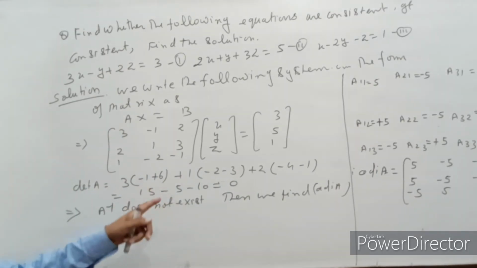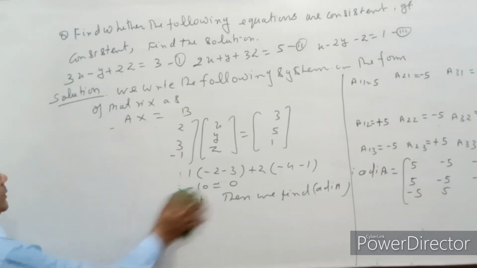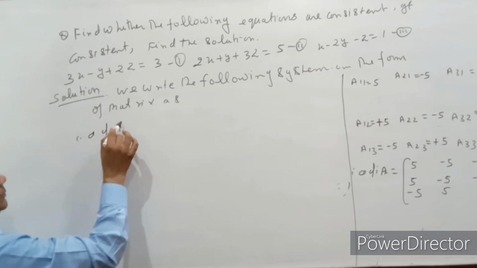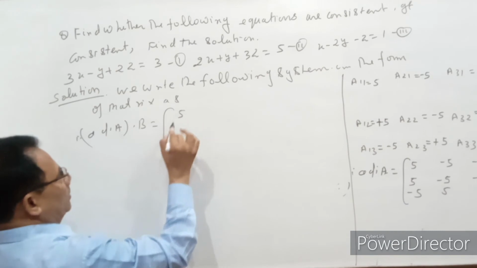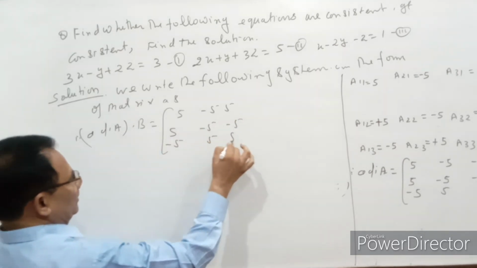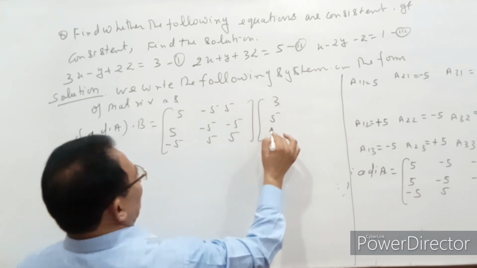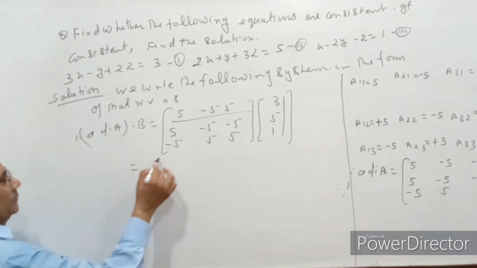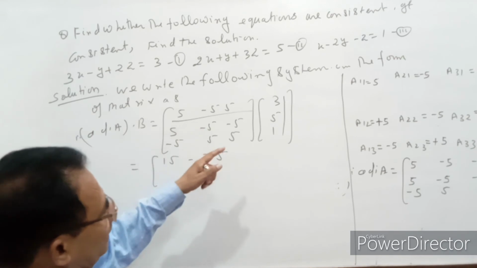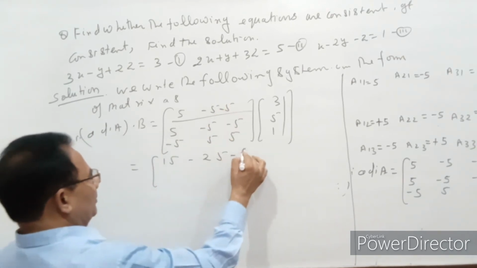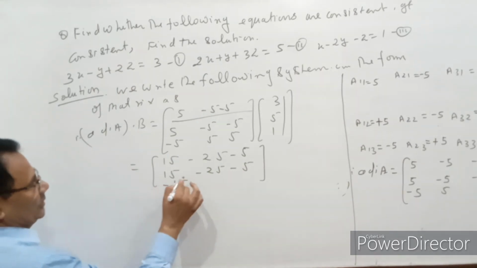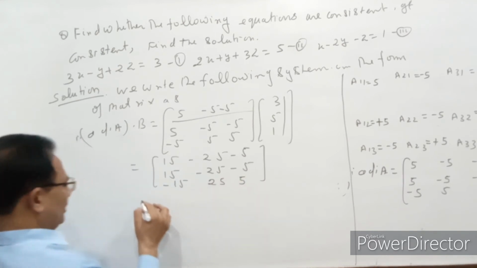for checking whether the system is consistent or inconsistent, we find the value of adjoint of A into B. So therefore adjoint of A into B is equal to 5, -5, 5, 5, -5, -5, -5, 5, 5 और into matrix B is 3, 5 and 1, row by column. अगर हम प्रोडक्ट करें, 15, -25 और that is -5, 15, -25, -5 और that is -15 और 25 और that is 5 और this is equal to